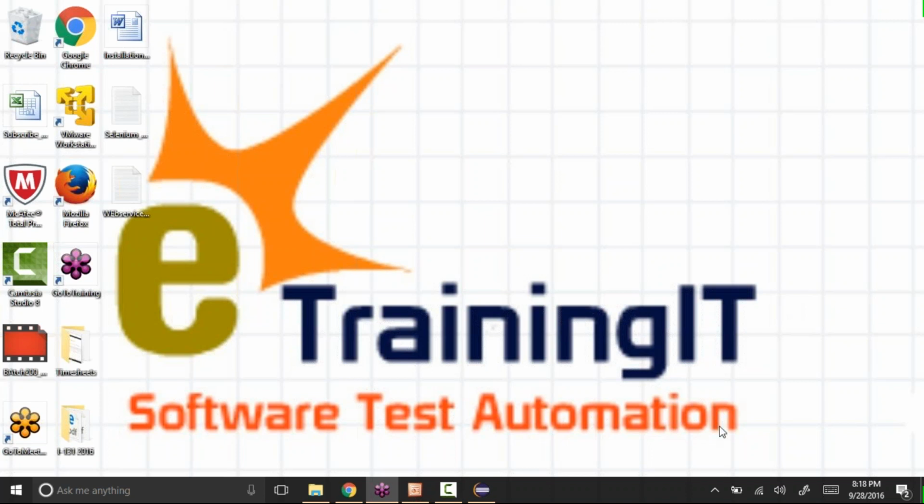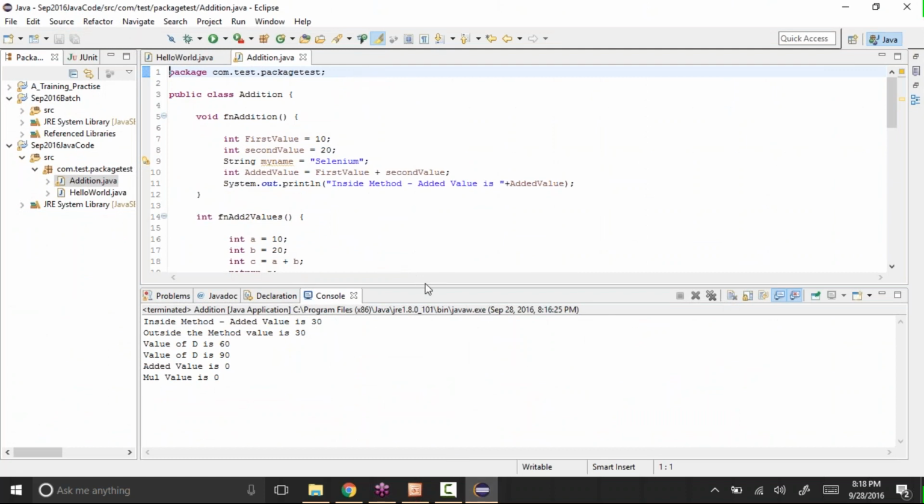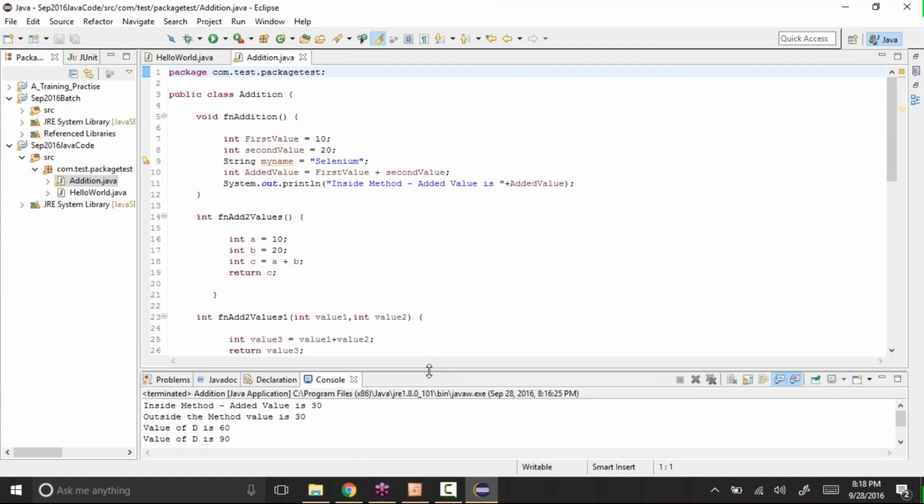Actually, when you created the method, it was static. Usually, when we call the method, we use the object, like object dot method name, right? But there you directly call the method. That's why it's static. I'll explain about static in the next class, like what static is and why you use it, as well as what public is.